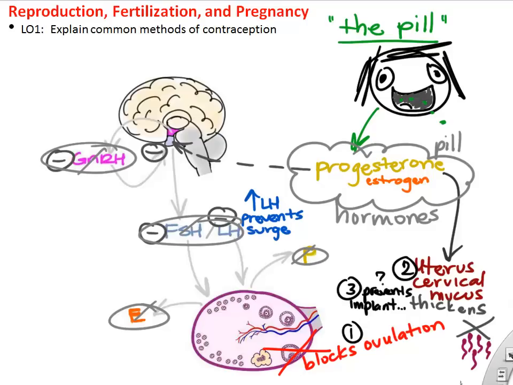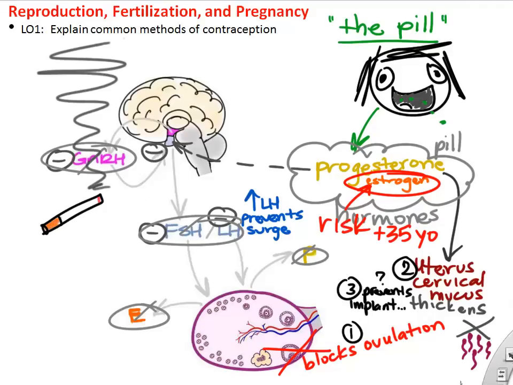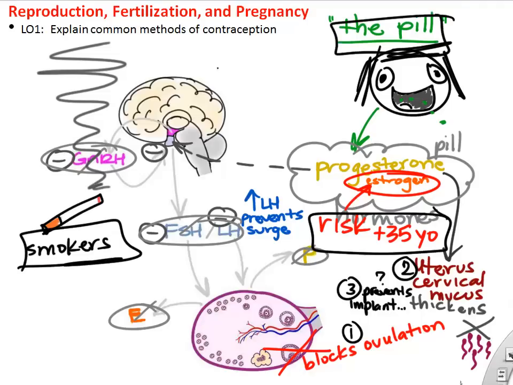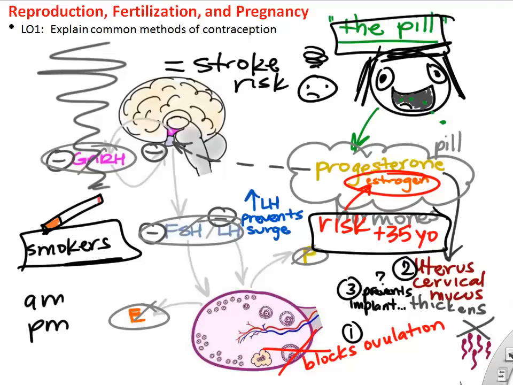Basically, it's a hormonal pill that reduces the risk of pregnancy. Now, one of the things to keep in mind, some of the pills actually increase risk of some medical conditions. So, for example, being over 35 years of age and also being a smoker and taking the pill can increase a person's risk of stroke. So pills aren't for everybody. And there's also progesterone-only pills as well.